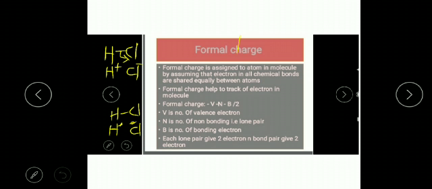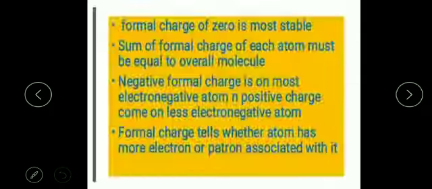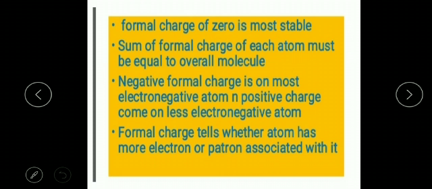Each lone pair gives two electrons because a lone pair consists of two electrons, and the bond pair gives two electrons because a bond is formed by two electrons. The formal charge of 0 is most stable because if any charge is present on a molecule, then the molecule